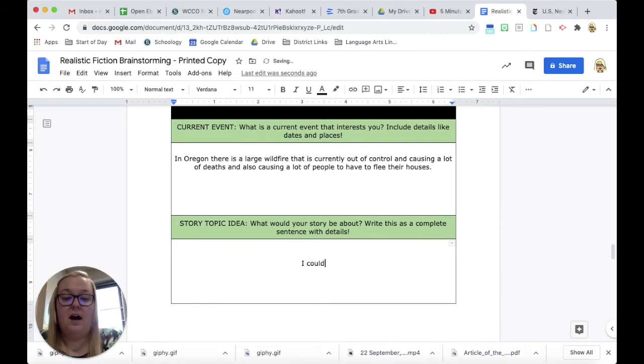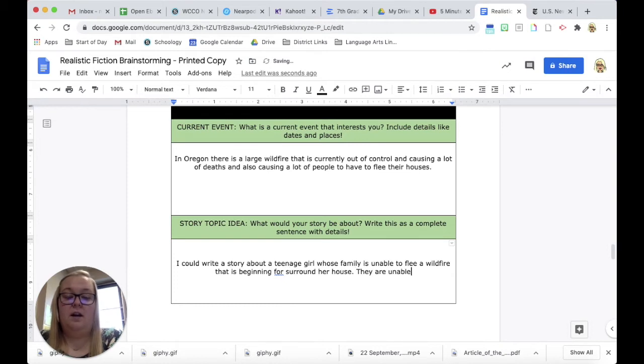So I could write a story about a teenage girl whose family is unable to flee a wildfire that is beginning to surround her house.